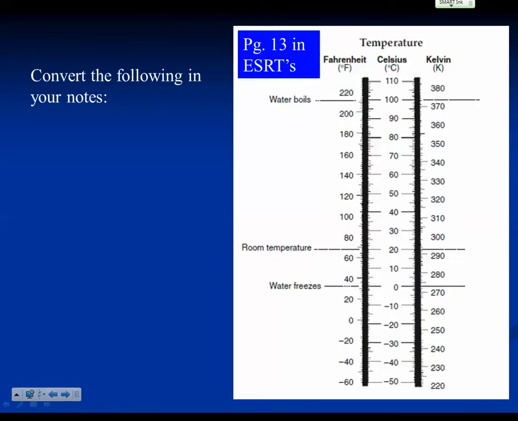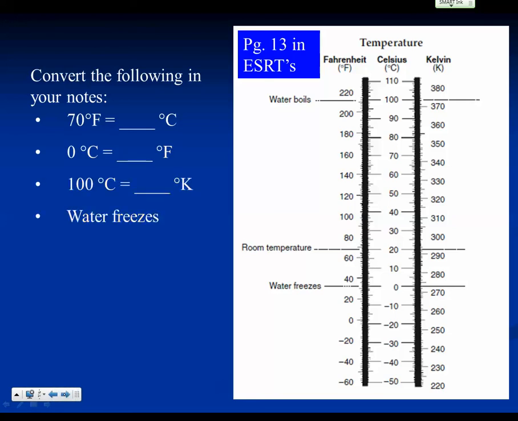Okay, we're going to do some of these conversions in a minute in our notes. I'm not going to mess around with it right now, but just safe to say that in middle school you had to learn a formula to convert from Celsius to Fahrenheit and vice versa. And now in 9th grade Earth Science, you simply use this chart, going back and forth from one type of temperature measurement unit to another: Fahrenheit to Celsius, Celsius to Kelvin, and vice versa. So we're going to do all these conversions a little bit later on. I'll come back to this.